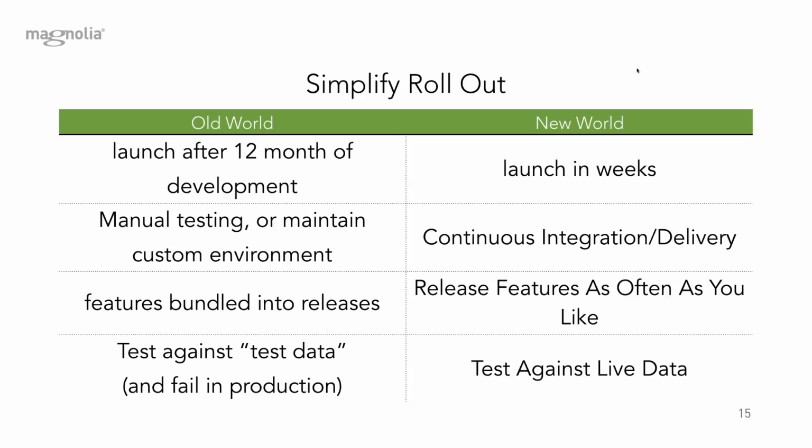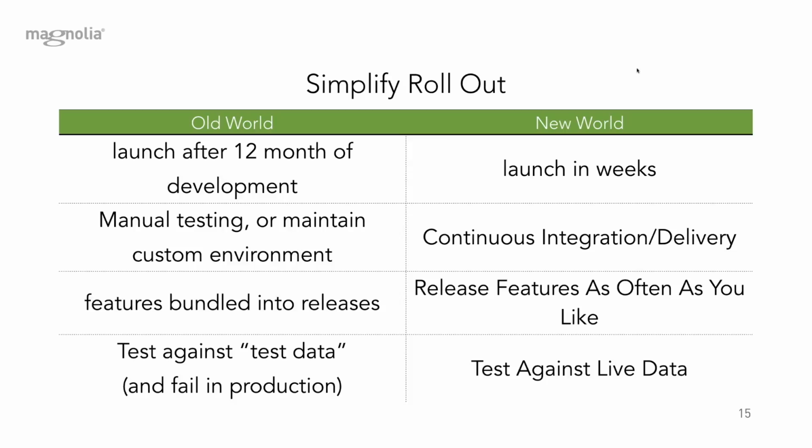And finally, it used to be that you test against test data, and we've all seen that. You test against test data because you can't test against live or production data. And what would happen sometimes is that you then fail once you go live, and you have to find the bug. You have to understand why the functionality that you developed doesn't really work, and maybe you need to roll back, and maybe you didn't think about that, and then you have late night shifts and a lot of post-mortems and other stuff that we all like to avoid.